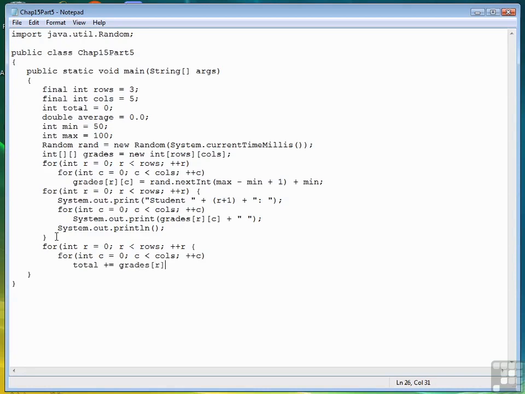So we're moving through the column and taking a grade and adding it to the total. Then when we get to the end of the column, we're ready to compute the average. So the average is equal to the total divided by the total number of columns, which we know is 5. That gives us our average. Then we can write out the average